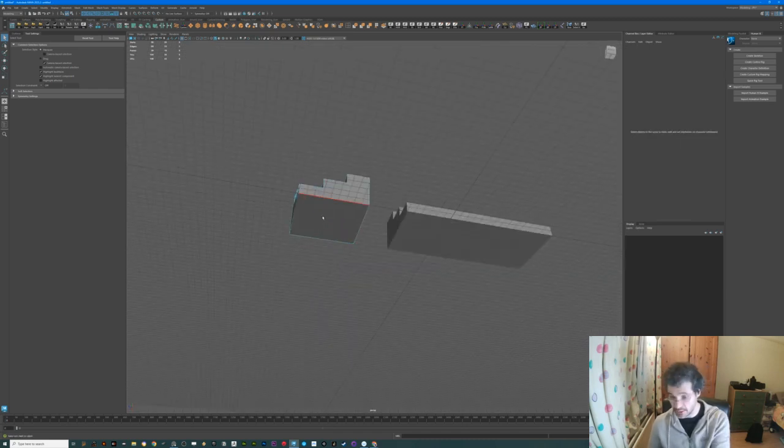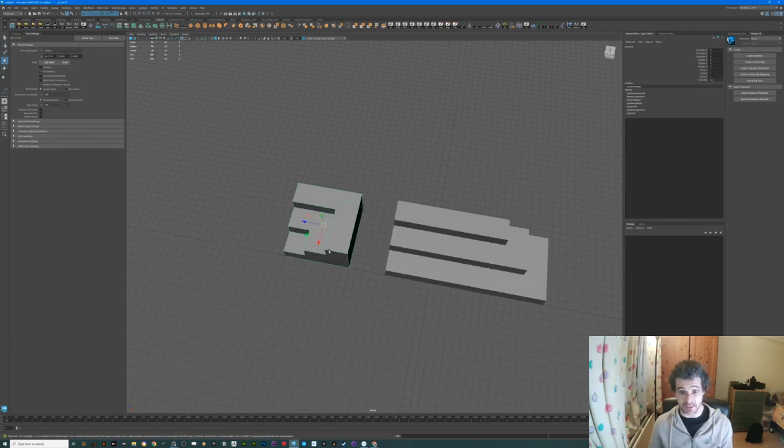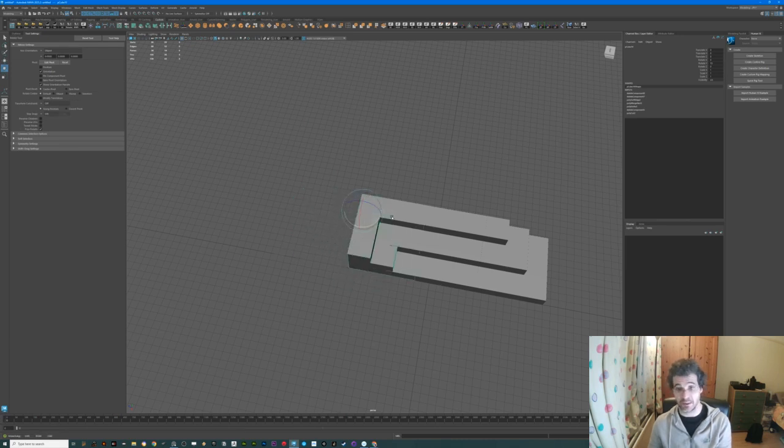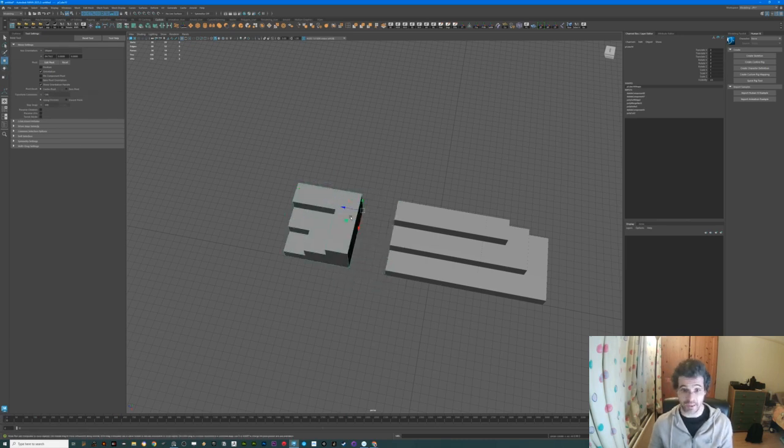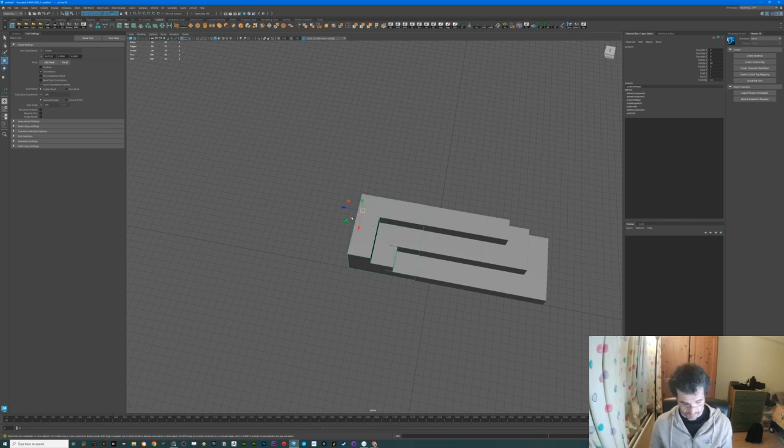Needs to be a quad, this one the same. And object mode, press D, press W to set the pivot to one of the corners, this one here. Press E to rotate it. And now we have, oops, Control Y. Now if we rotate this, J, W, X, we can have